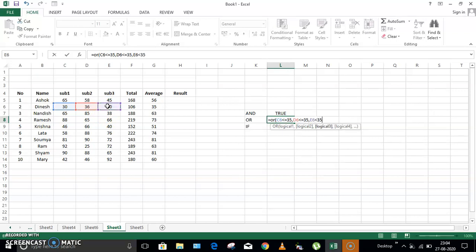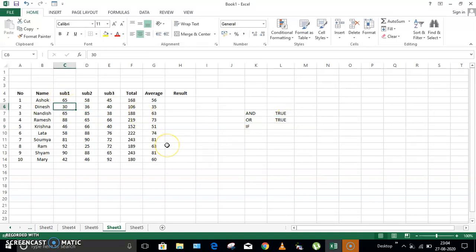If any value is less than 35, then it is going to give you true, otherwise false. So now here you can see that it is giving true because the subject 1 marks is less than 35. Because we are giving OR, it is going to select any one value from all the 3 subjects. If any value is less than 35, then it is going to give you true, otherwise false.